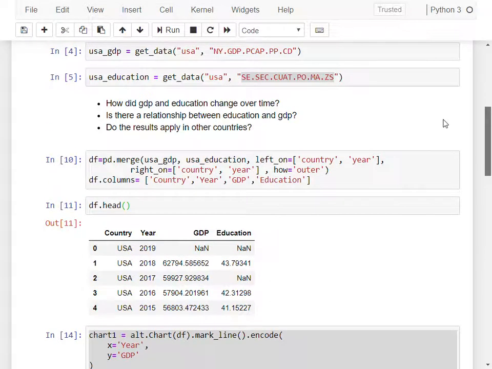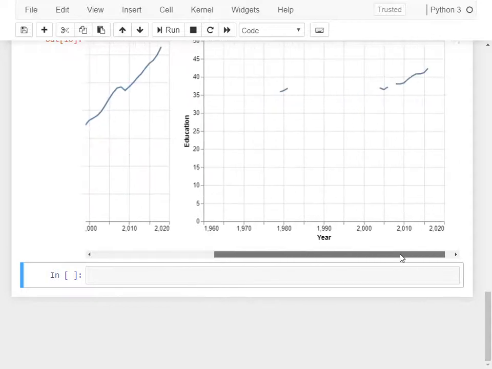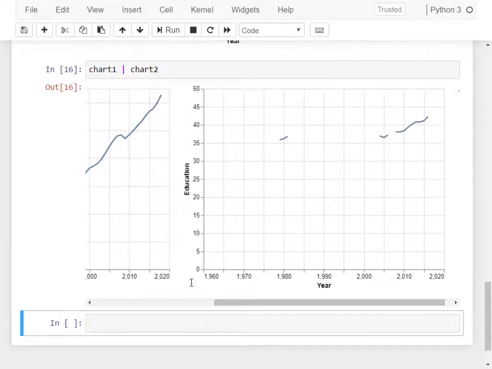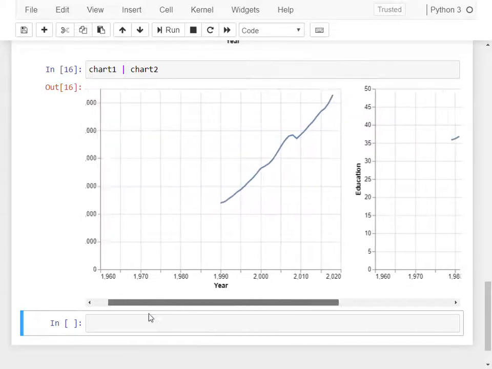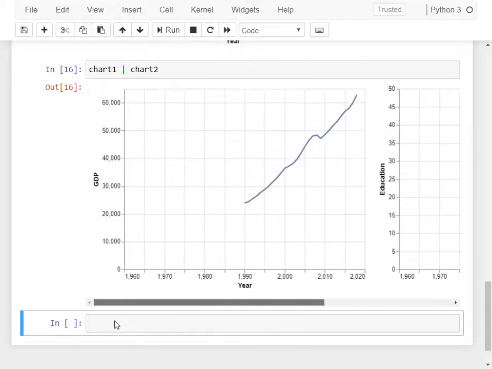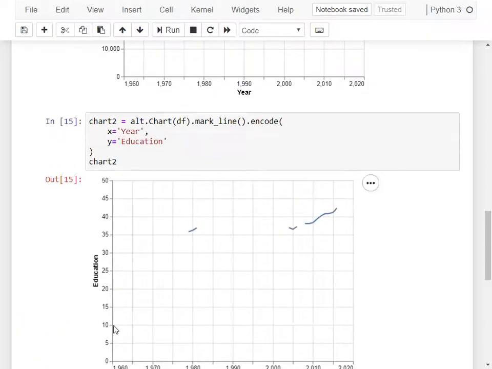The question here is asking us whether there is a relationship between education and GDP. This is probably hard to tease out by comparing two line charts. We see that the relationship over time is increasing. So we probably can do a scatter chart to relate the two quantities,